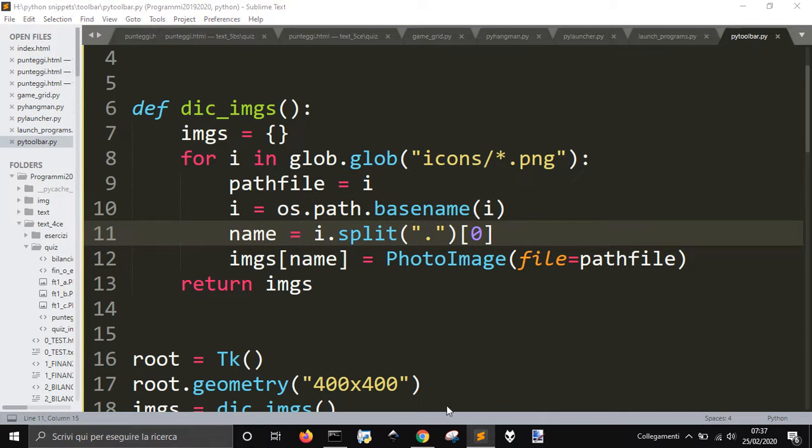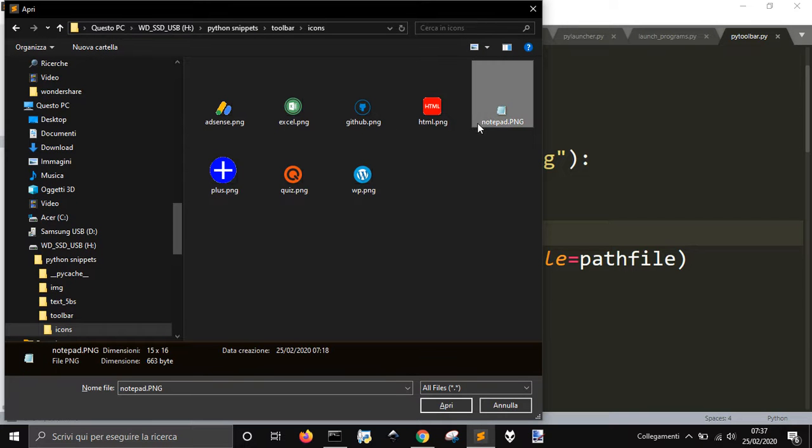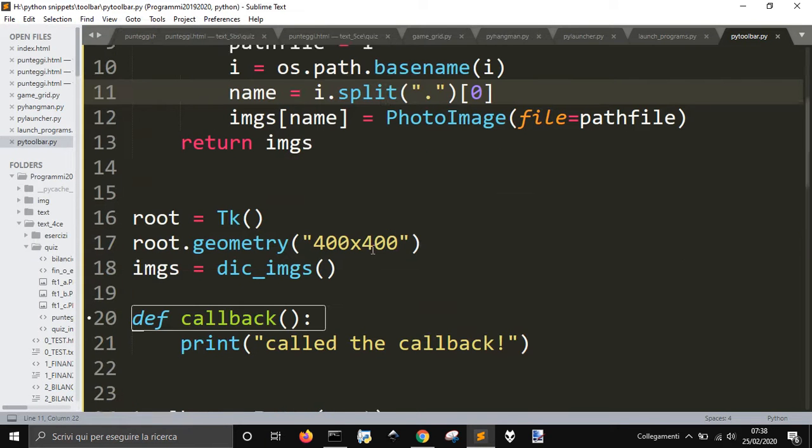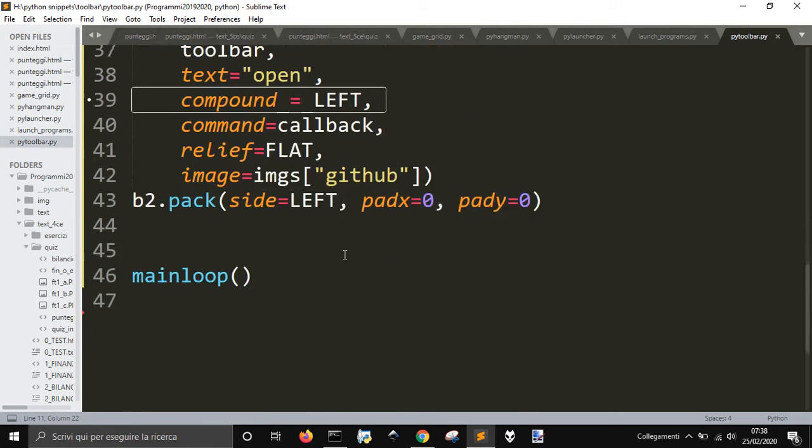That would be, for example, for the notepad would be just notepad, the key. For html.png, html. For etab.png the key would be etab, and so on,